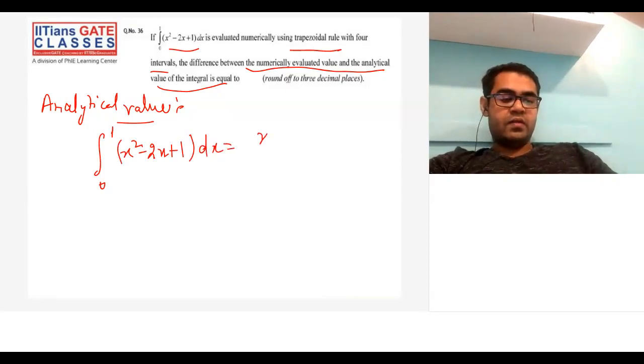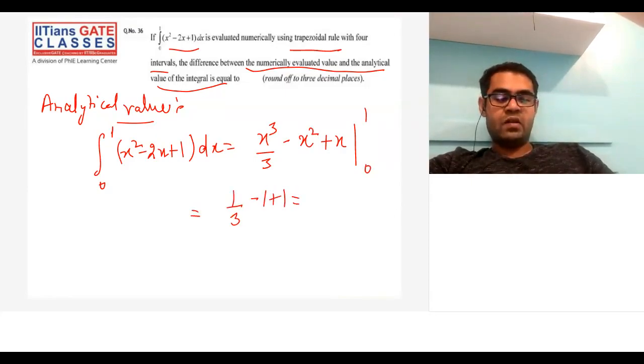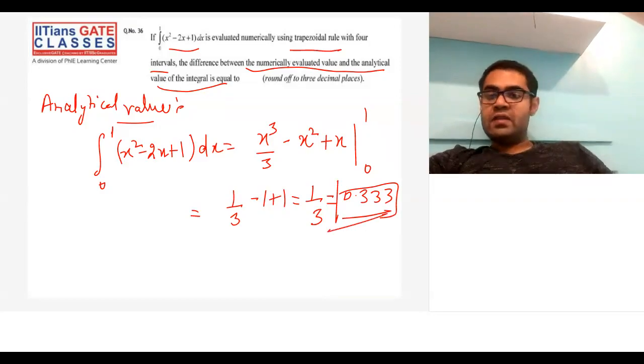Just integrate, this will be x cubed by 3 minus x square plus x from 0 to 1. So if I put the limits, 1 by 3 minus 1 plus 1, this gives me 1 by 3, which is what? 0.333. This is the analytical value,